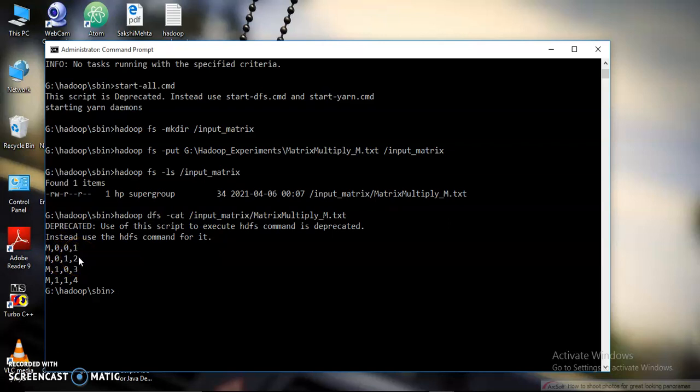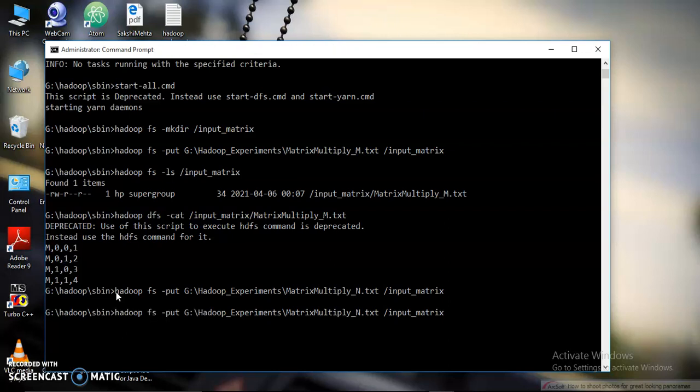And why I have taken the input in such format, I will explain in a bit when I show you the code. Because in matrix multiplication we need 2 matrices, I will upload another file here. Let me show you the content of this file also.